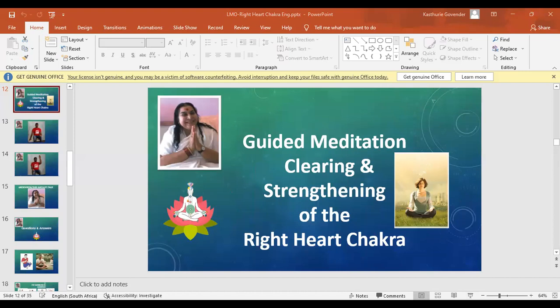Now we can bring our left hand on our right heart, and we can keep our right hand on our lap. And here we can say deeply inside ourselves,